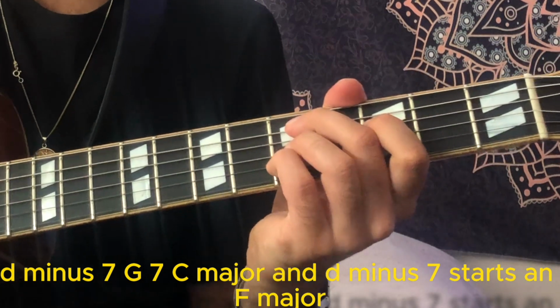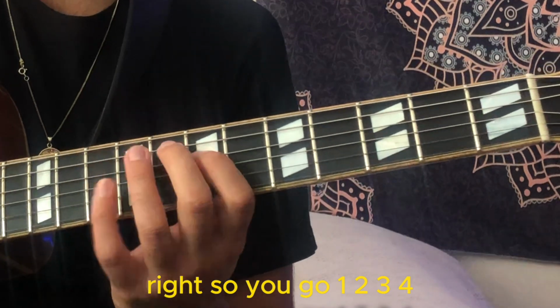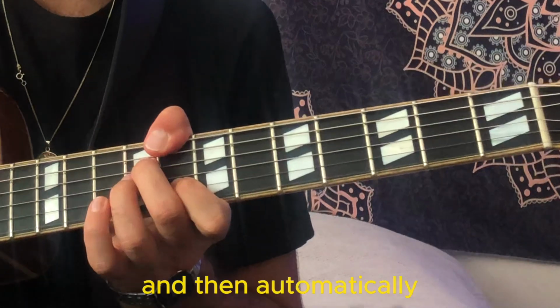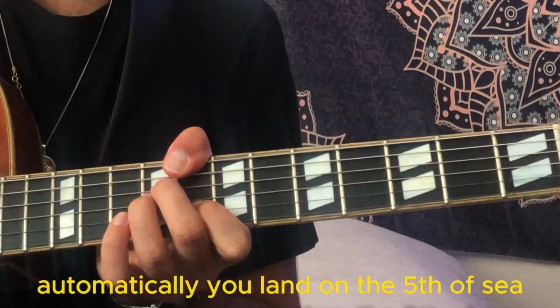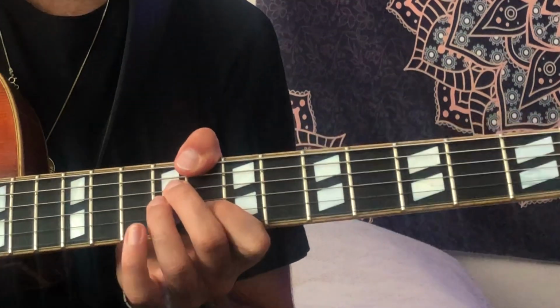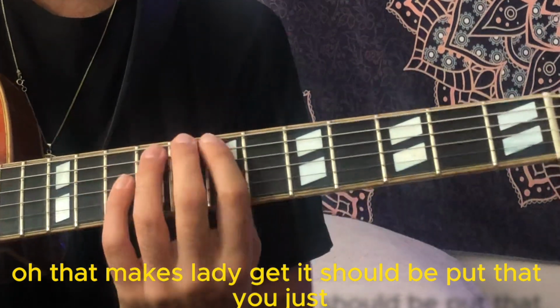And D minor 7 starts on F major, right? So you go 1, 2, 3, 4. And then automatically you land on the 5th of C. You don't have to think about all the different scales and like, oh, the mixed linear should be put there. You just...